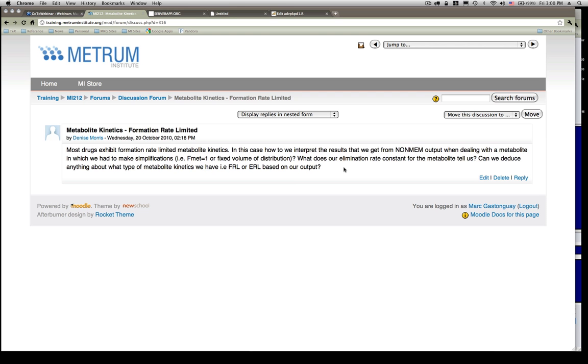Yeah, and I think you can. I think you can derive a rate constant, which is going to be just that scale between volume and clearance, and then compare that to the formation rate constant. But without knowledge of what that formation fraction is,